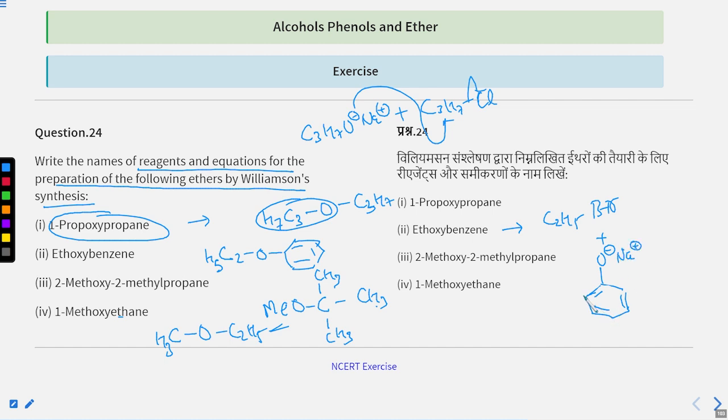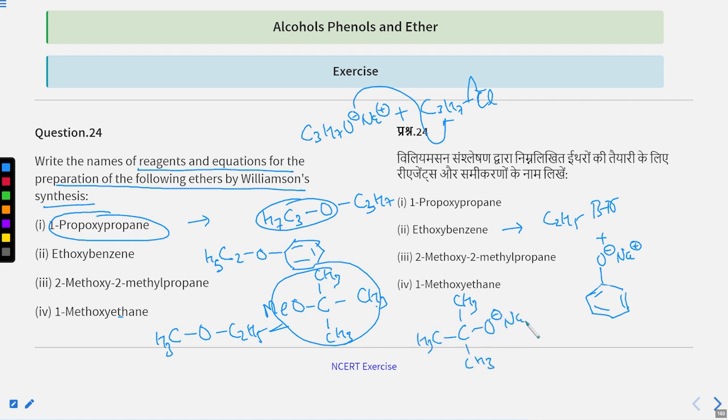Next is 2-methoxy-2-methylpropane. So for that, I have told you, you cannot do the attack on secondary or tertiary alkyl halide. That would result in elimination. So we'll use this as the alkoxide ion,